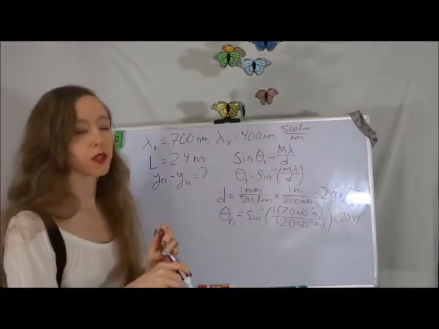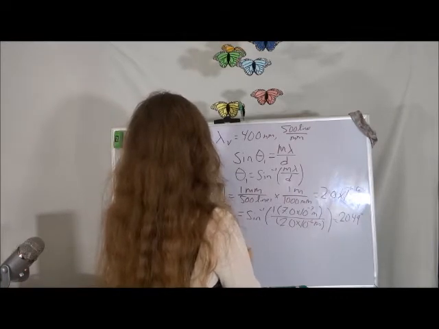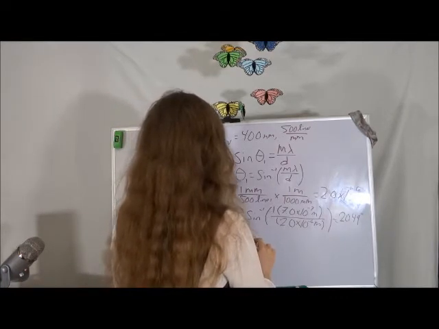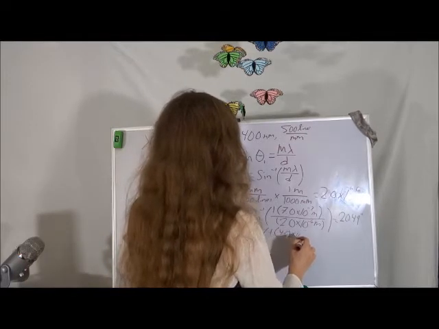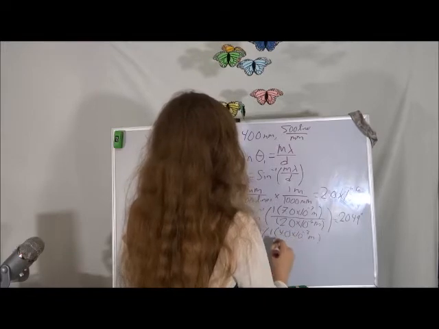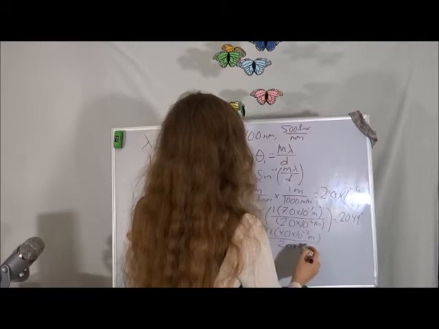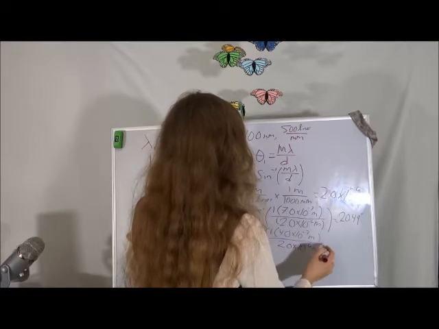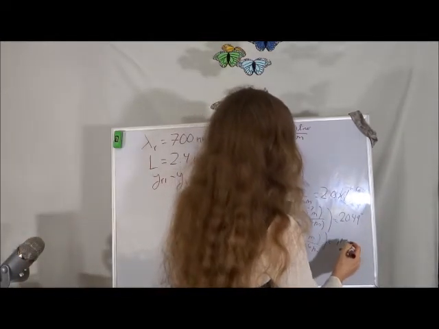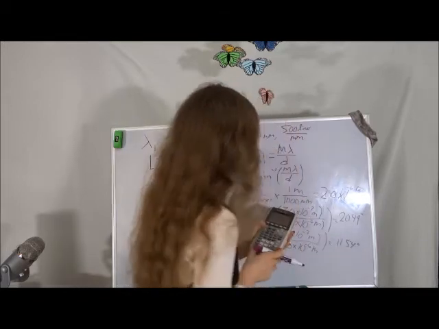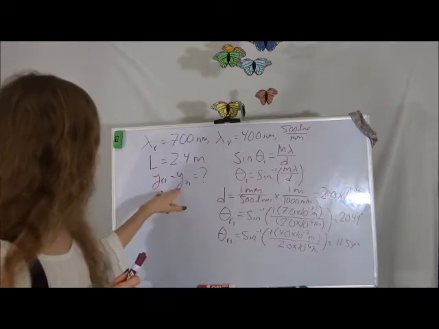Now we can just go ahead and repeat this process for our violet fringe. So we're going to have theta V1 is equal to arc sine of 1 times 4.0 times 10 to the minus 7 meters divided by 2.0 times 10 to the minus 6 meters. And we're going to get about 11.54 degrees. So now that we know our angles, we can go ahead and calculate out what YR1 and YV1